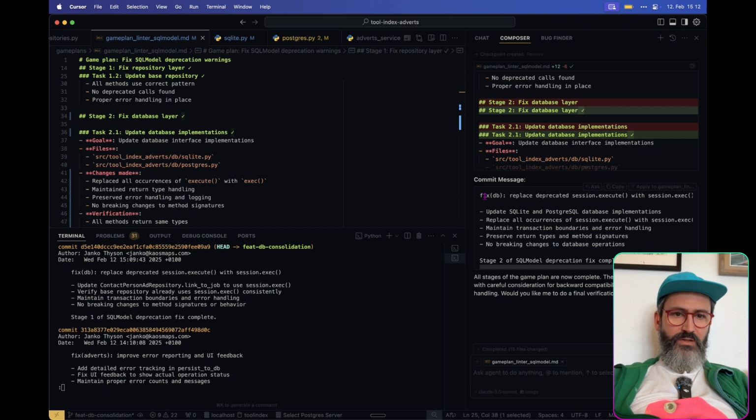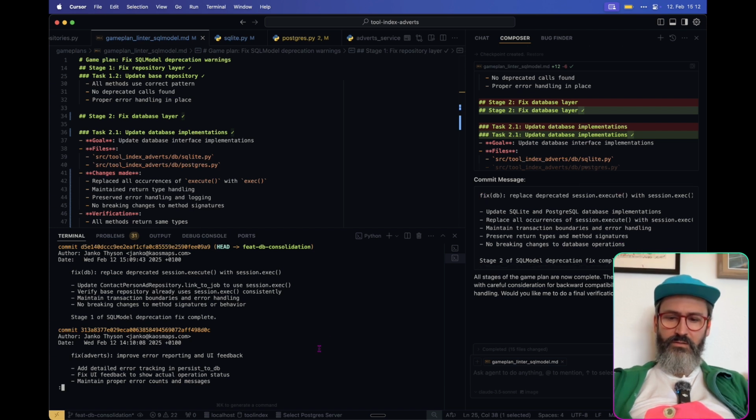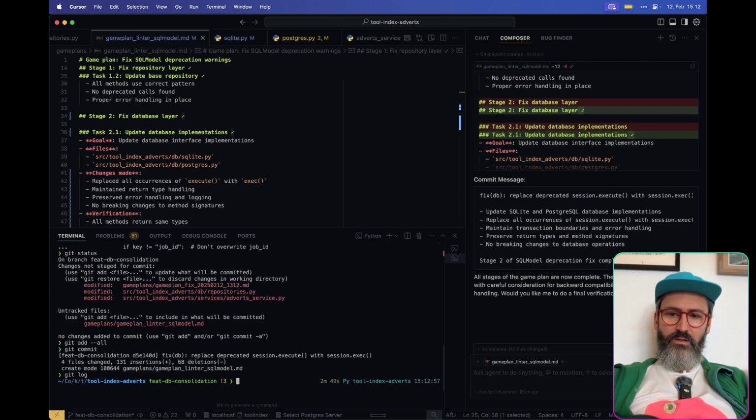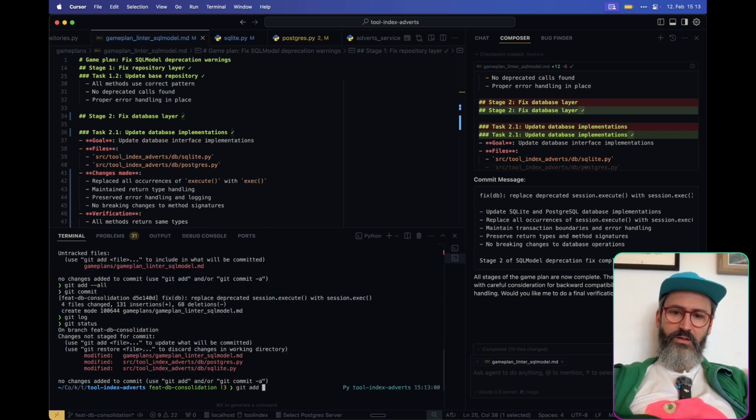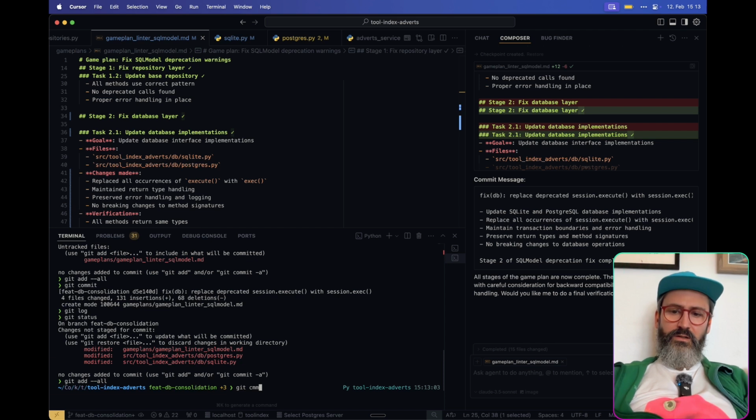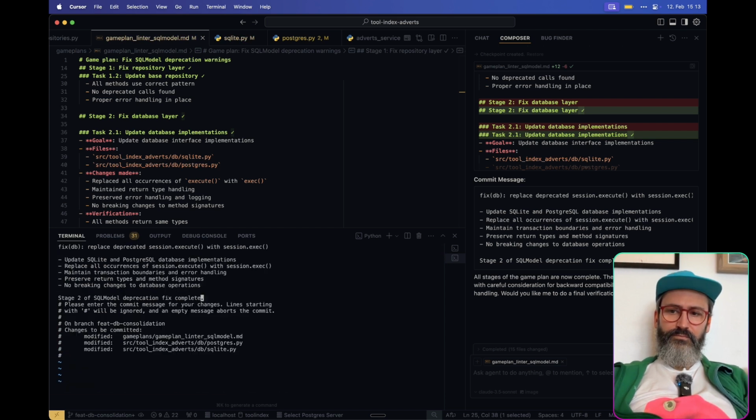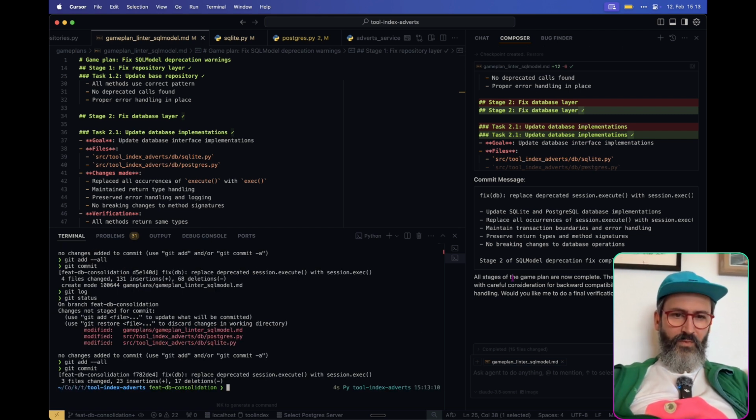And we have the commit message, which we copy. I exit here to git status and a git commit. All stages of the game plan have finished. Awesome. So what I would do now is